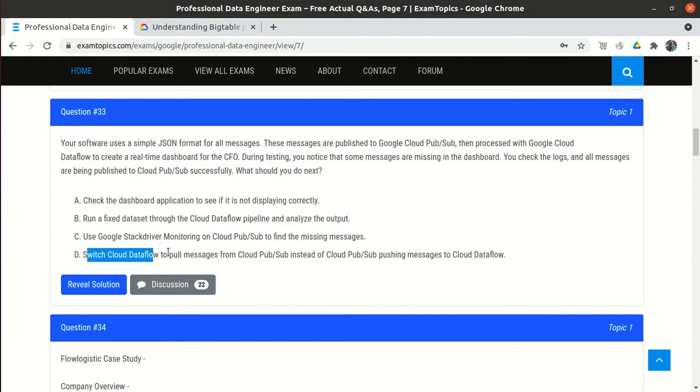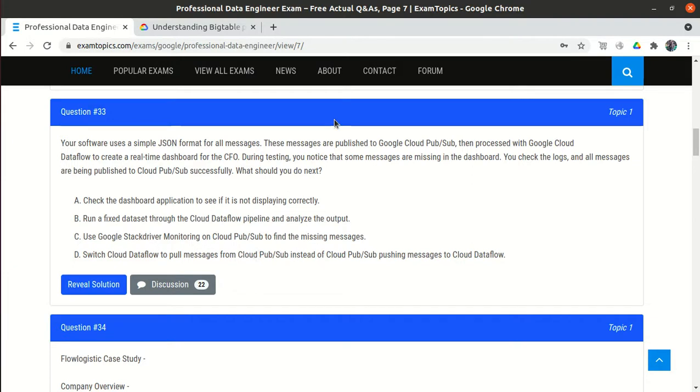And the fourth option is to switch Cloud Dataflow to pull messages from Cloud Pub/Sub instead of Pub/Sub pushing messages to Cloud Dataflow. This also should not be our next step. Generally in Pub/Sub we have two concepts, one is push and the other is pull.